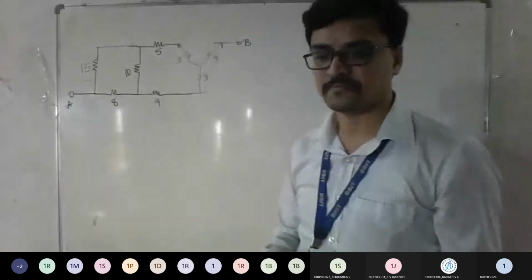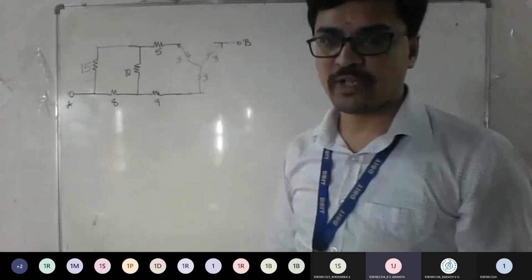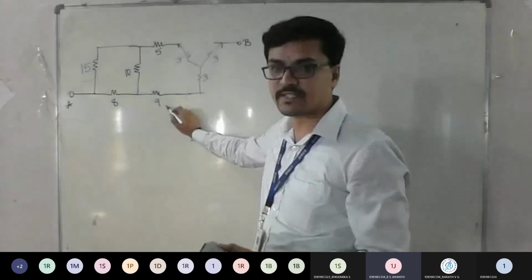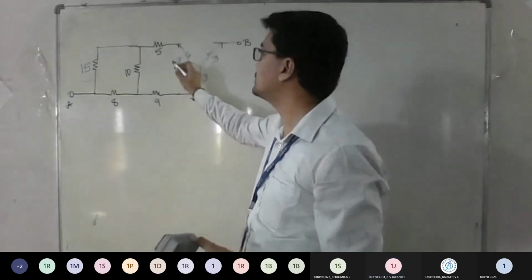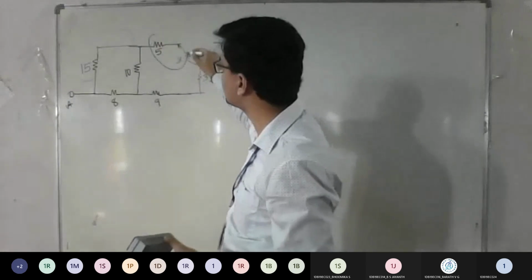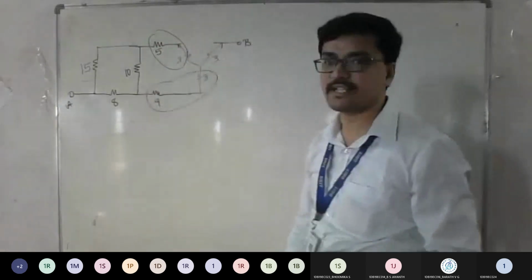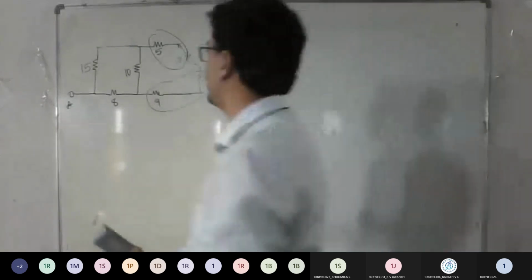Next step. What should be done next? Series resistances, sir. So you can see this 3 and 9 become series. Agree? Yes, sir. Similarly, this 5 and 3 are also in series. The thing I have marked, is it in series here? So we can eliminate that.